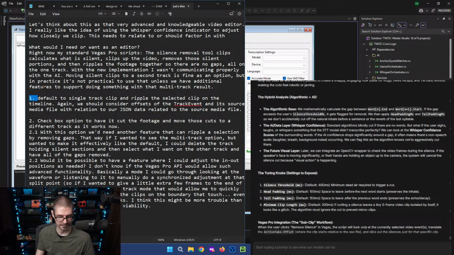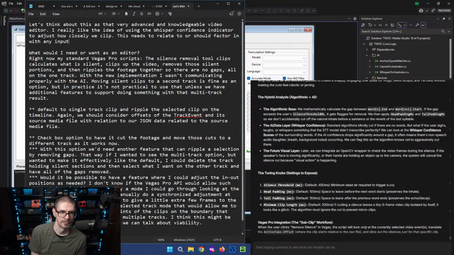I'm gonna use an asterisk. Vector in with, shoot, I don't remember what it called it.